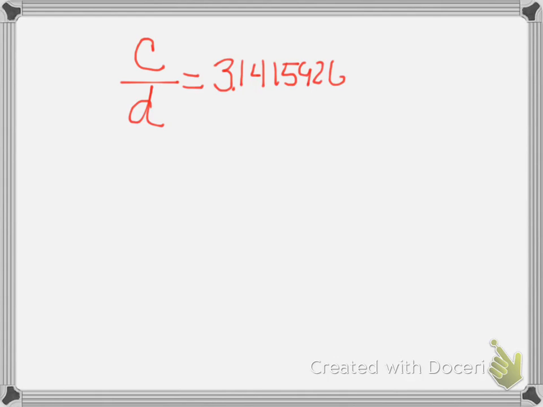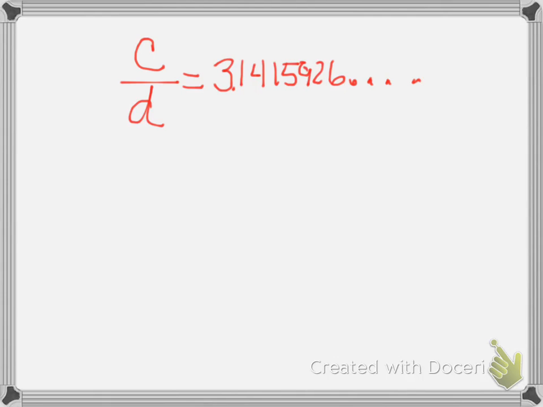Believe that. And one thing that they discovered is no matter how big or small a circle was, if they took their circumference and divided it by the diameter, it always came out to this number, 3.1415926, and it just kept going. It did not